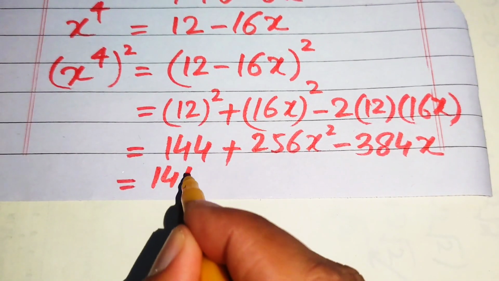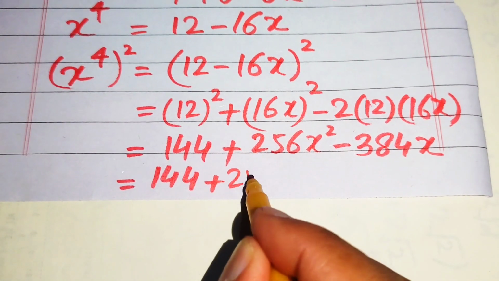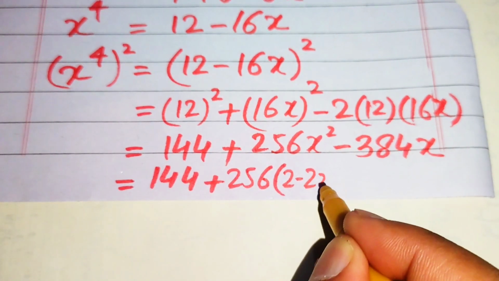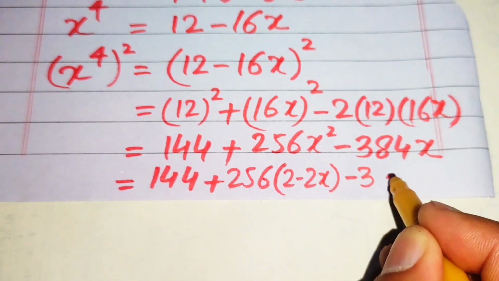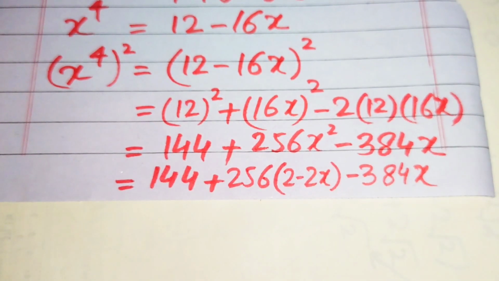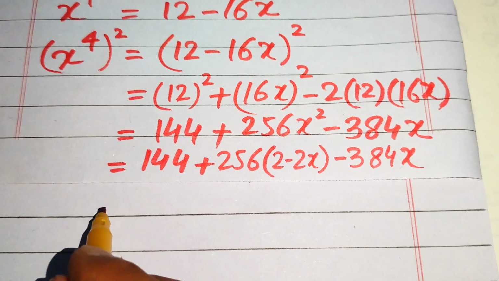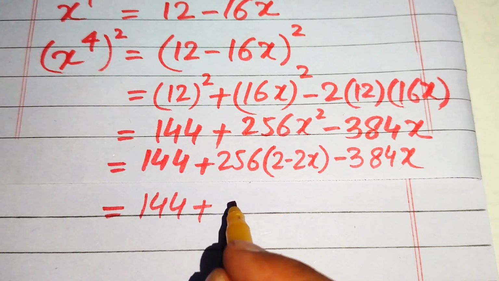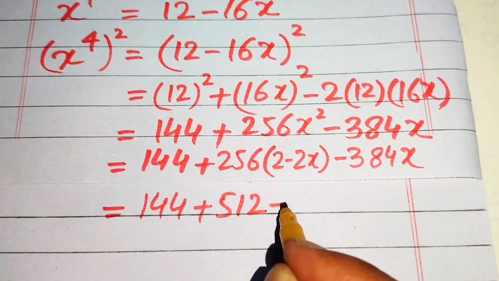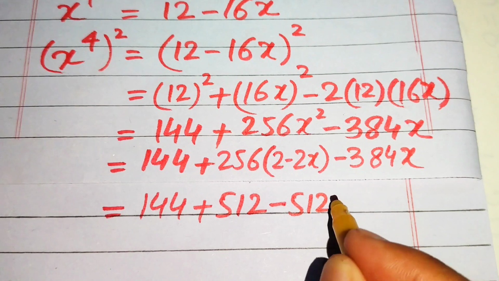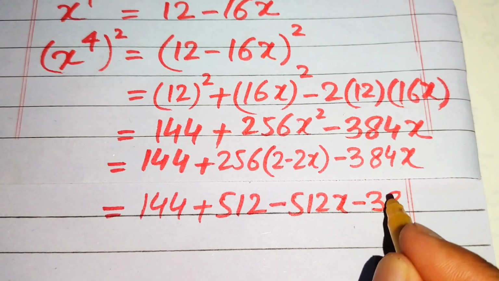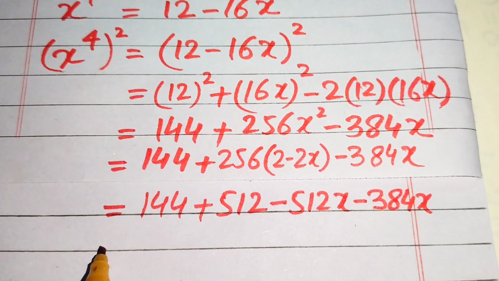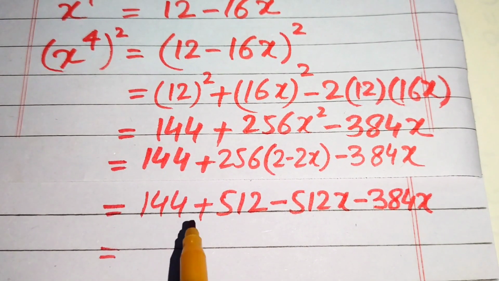So it is written as 144 plus 256 into x squared, where x squared is 2 minus 2x, minus 384x. Further we need more simplification, and it is written as 144 plus 256 multiplied by 2 equals 512, minus 512x minus 384x. So now we again add these two terms, and it equals